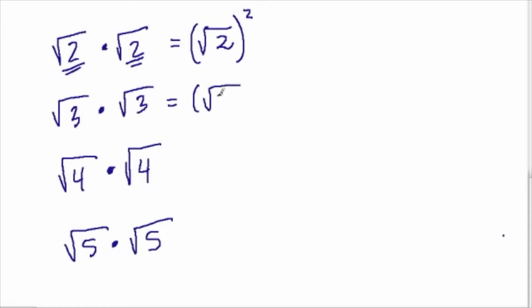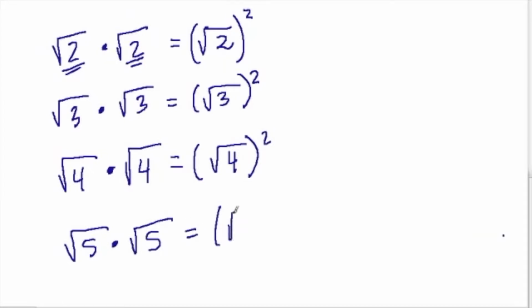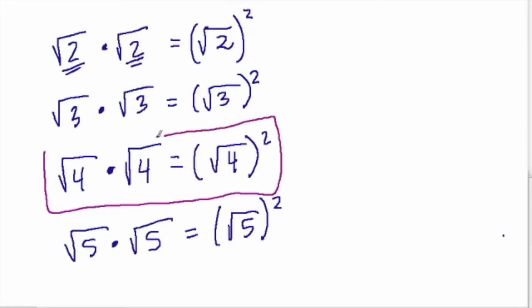We're taking the square root of 3 and squaring that. Here we're taking the square root of 4 and squaring that. And then the last problem, we're taking the square root of 5 and squaring that. Now squaring and roots are inverse operations. But before I go further talking about that, let's use this simple example to understand what's going to happen in